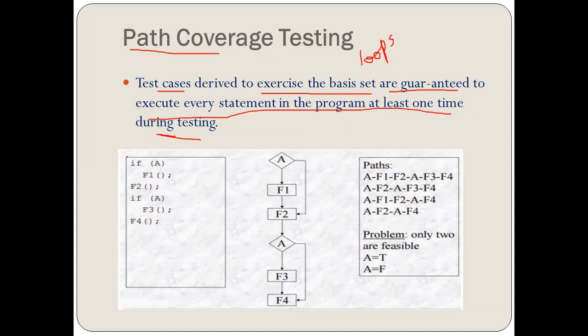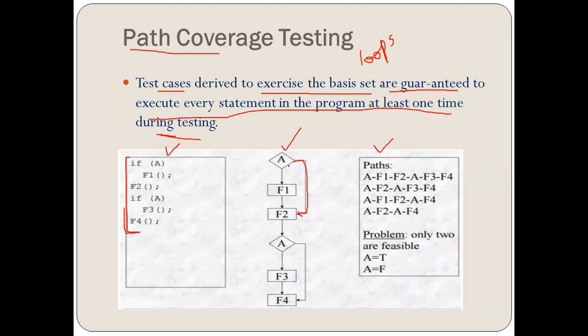How? Let's say we have this particular pseudocode, not a very refined one, but I'm just taking it as an example. This is a pseudocode. This is a flow chart I have defined, that is the control flow graph, and these are the paths I have generated. Now in this, if A, F1 condition, F2 condition, if A, F3 condition, F4 condition. So this is the control flow graph I have generated. A, that is conditional, F1, F2 statement, then again a condition, then F3 and F4. And there is also a statement flow here, right? So now let's see what independent paths mean in detail.